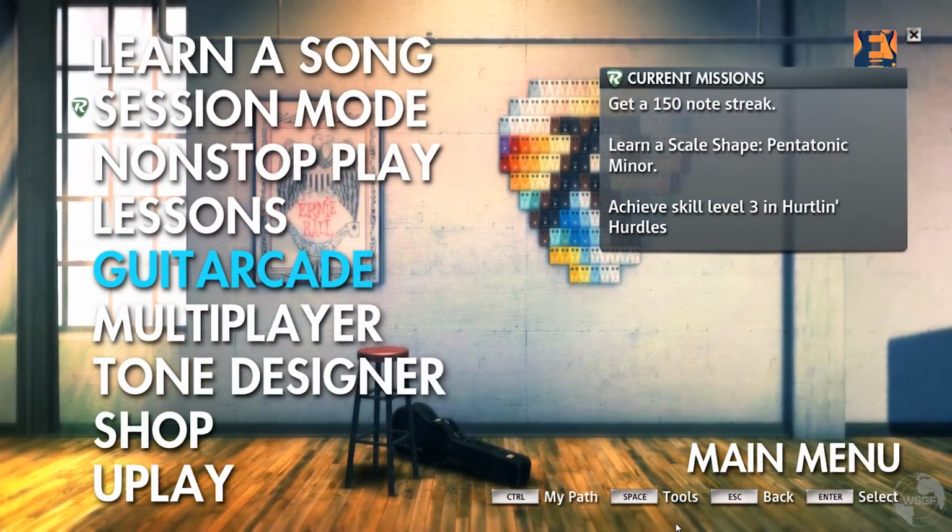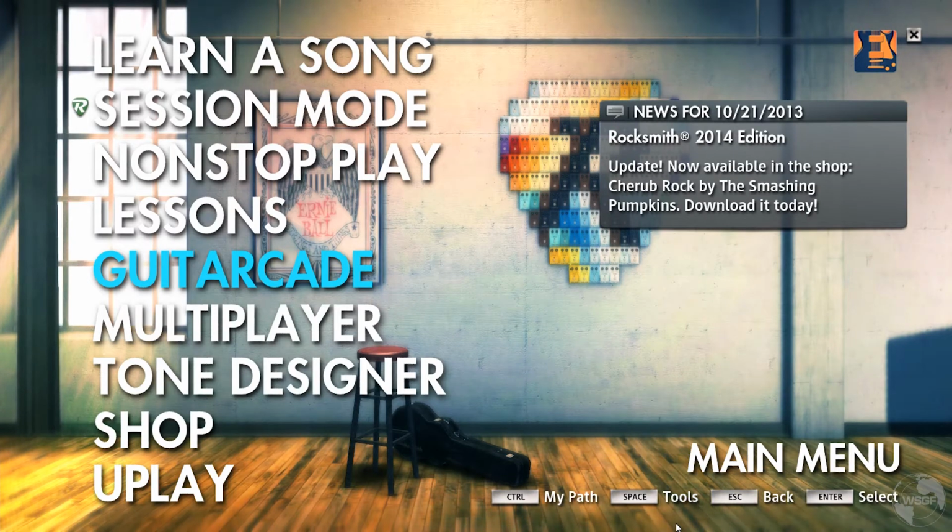The other things to mention, there is a multiplayer mode. It's basically a split screen mode, so you can hook 2 guitars or a guitar and a bass up to the same computer, and you can learn with your friends while they're next to you and play along. Tone Designer is